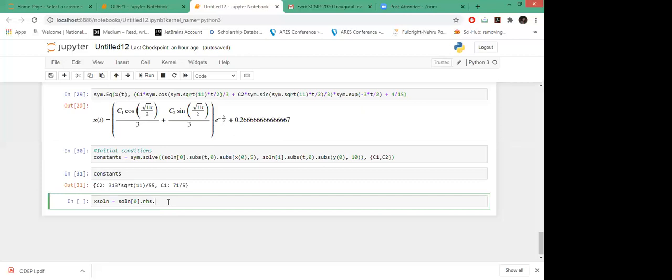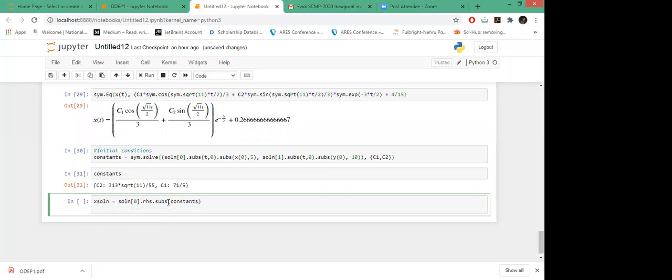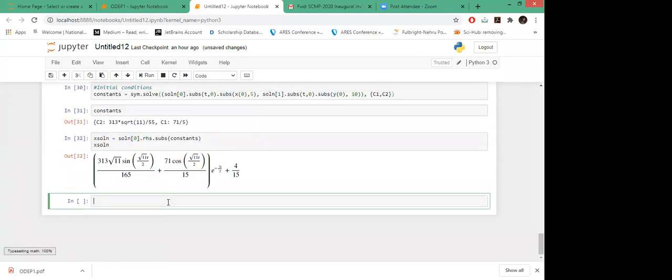I will again call this substitute function and just pass the constants in this. Now after substituting all the constant values, we have our solution xt in this form. Similarly, we can find the y solution as well.